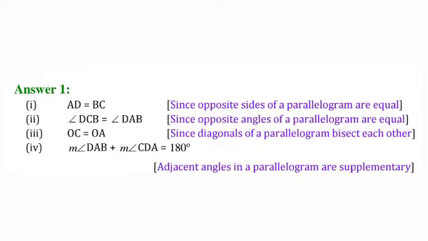Third one is OC equal to OA because diagonal AC will bisect. Fourth one is angle DAB plus angle CDA equal to 180 because adjacent angles, if we add them, will